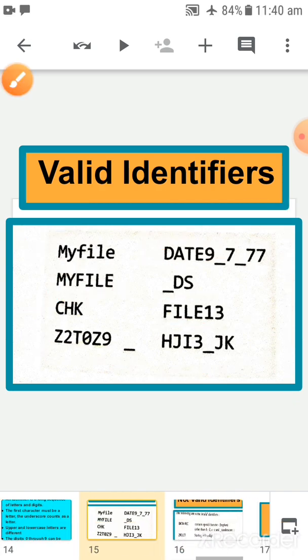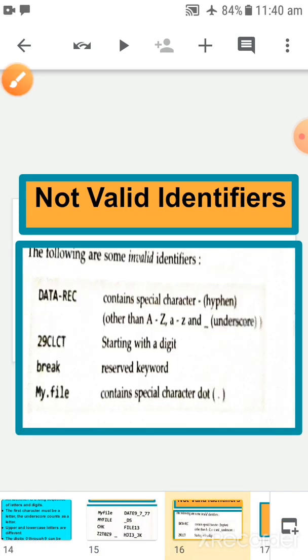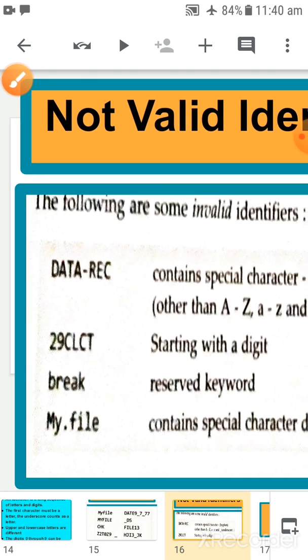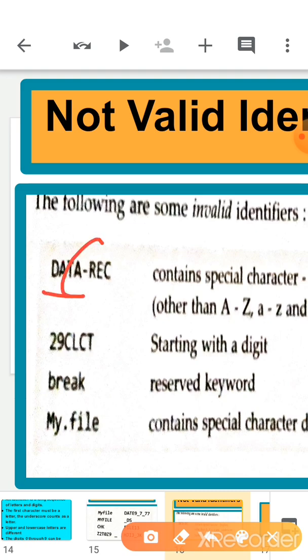Now, not valid identifiers. How can we not make an identifier? See, I'm zooming in. In this DATA, a hash sign, sorry, a minus sign is there. This is a kind of special character, so it is not allowed.